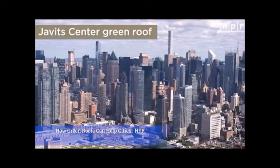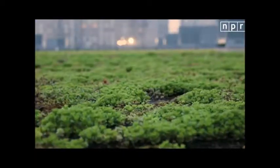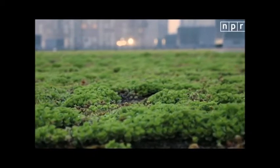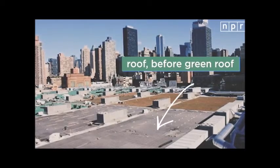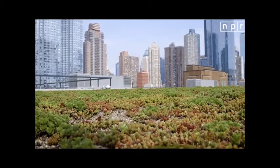On top of the Javits Convention Center, a behemoth of a building with a 6-block footprint. But the roof hasn't always been green. Before 2014, it was totally barren. Now, just a few years later, when people walk out onto the roof, they say things like, there's so many